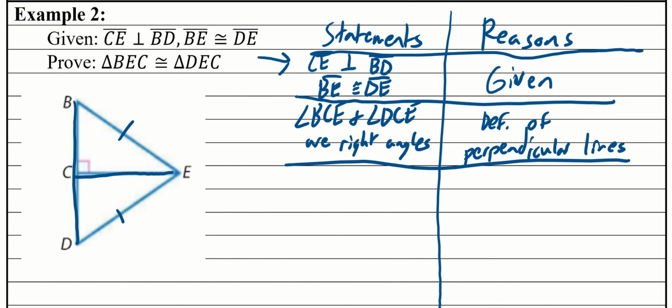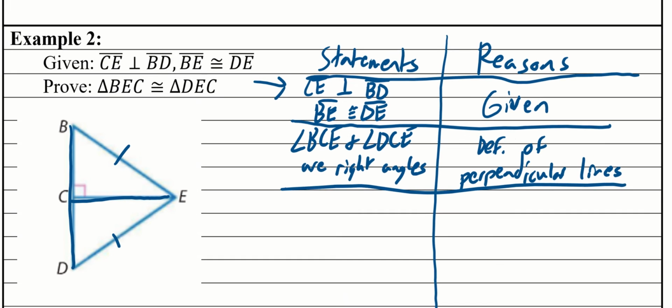If 2 lines are perpendicular, they create 90-degree angles. Okay, why is this helpful, or why do we say this? Why are we not thinking about how they're congruent or they're the same? Because we don't need to know that they're congruent, or we don't ever need to state that. Remember, if we're dealing with the hypotenuse leg theorem, the only thing that I said with this is this only